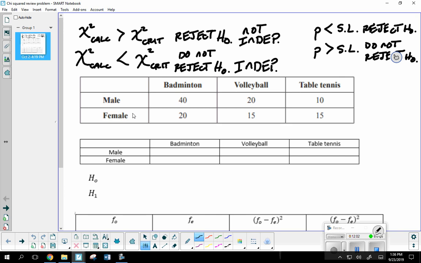As I've said before, these two sentences are going to be virtually identical. The null hypothesis is going to be stating that they are independent. There's no relationship between the two. And the second one will be stating that they are not independent. There has to be some kind of relationship between the two. So we're talking about gender and choice of sports. Those are my two categories here. And of course, they're broken down into some subcategories. But can anybody give me what they believe would be a good sentence for my null hypothesis? How should I write this out if I were asked to do so?